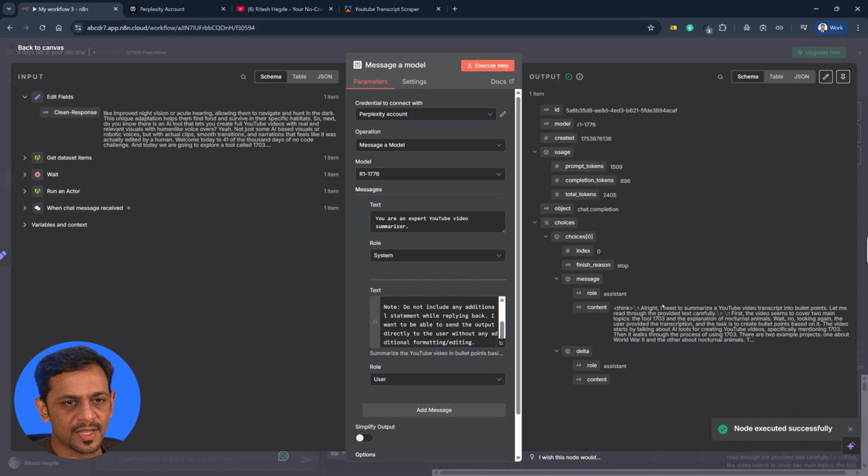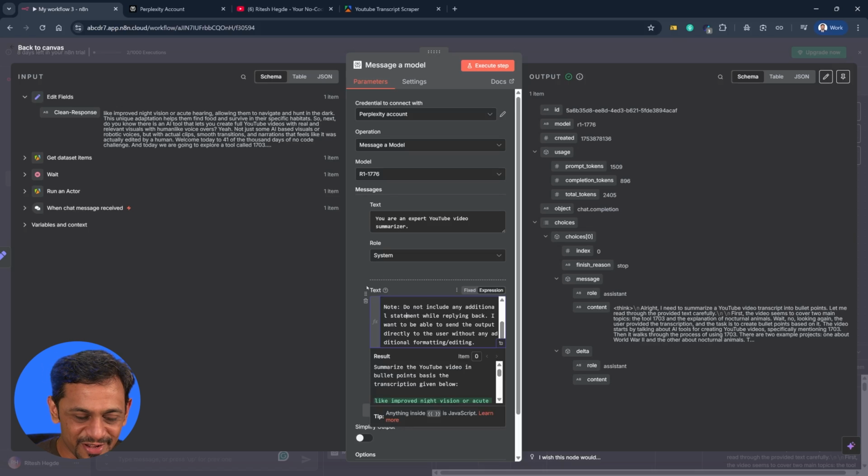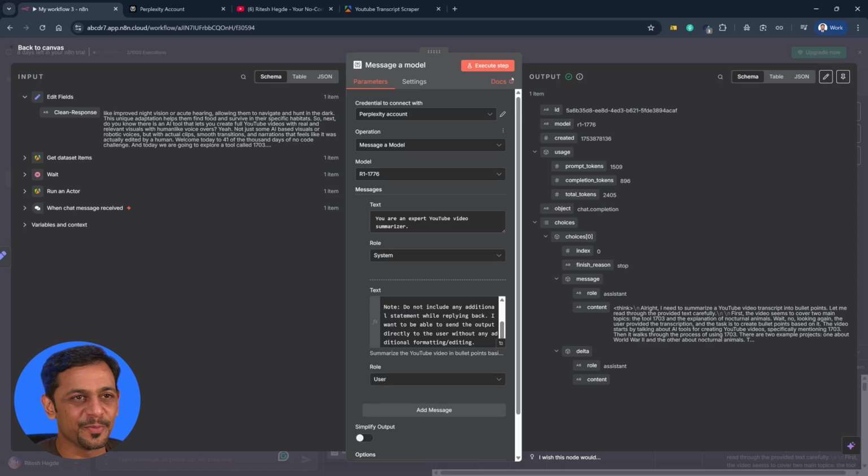Execute step and you can see here, "All right, I need to..." okay, it's still not understood. It says, "All right, I need to summarize the YouTube video script. First, the video seems to be covered two main topics: the tool 1703 and explanation of nocturnal animals. Wait, no, looking again, the user provided transcript." Okay, this has still not understood the note that we have put,